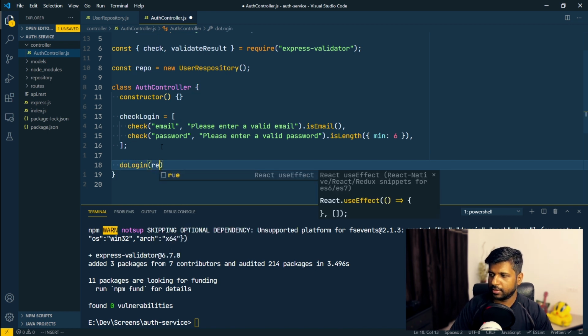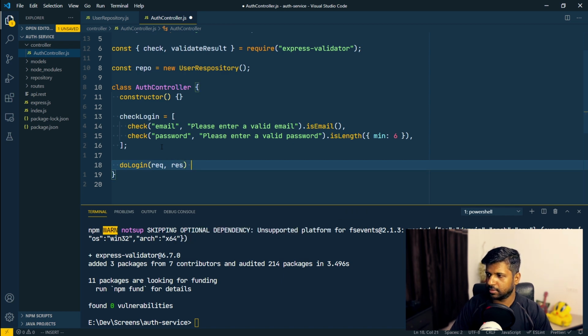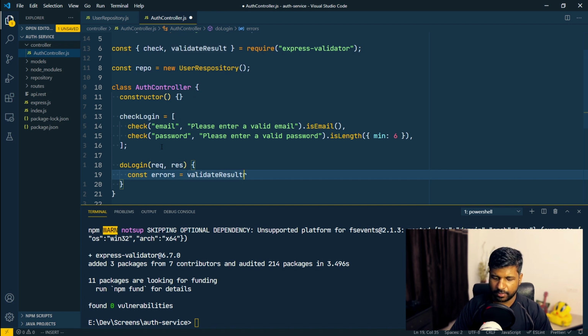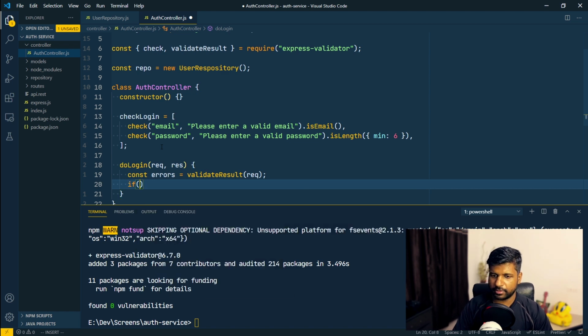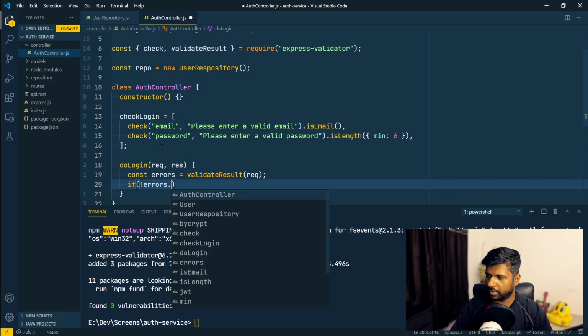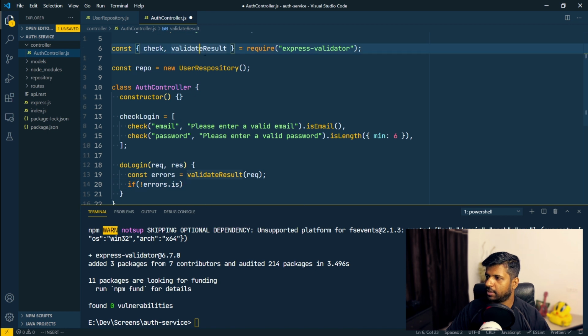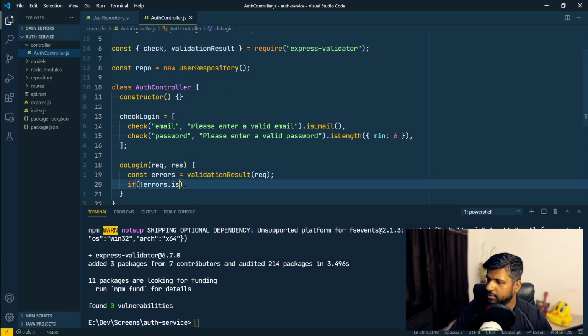So let's do login. Let's create a function called do login. We're gonna pass request, response, and then we create errors, and then we're gonna validate result and the request. Okay, sorry, so this is basically validation result, and we're gonna say if errors, so if it is empty,